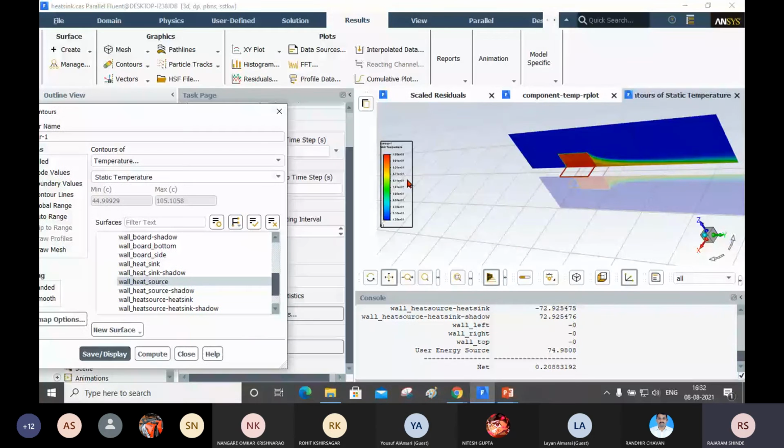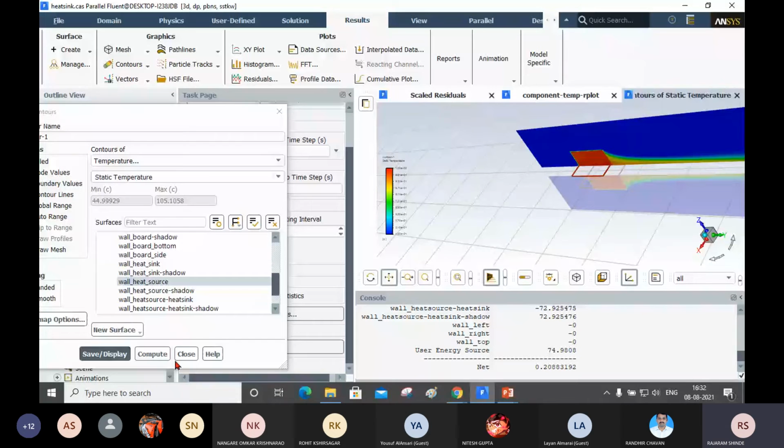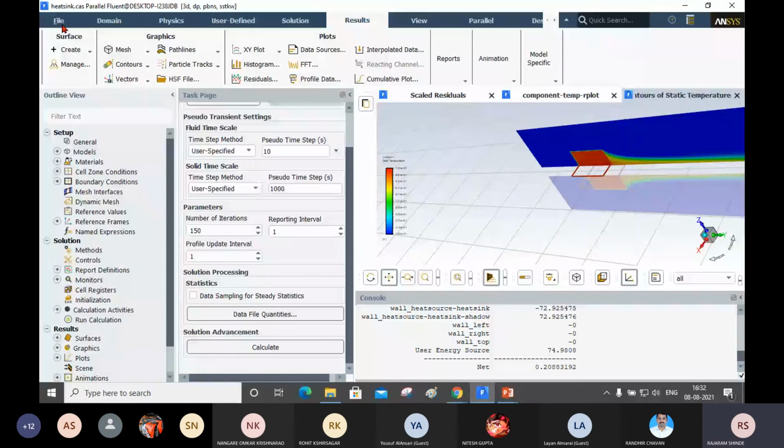I will try to open this in CFD post. Okay, I will save this file, write case and data.